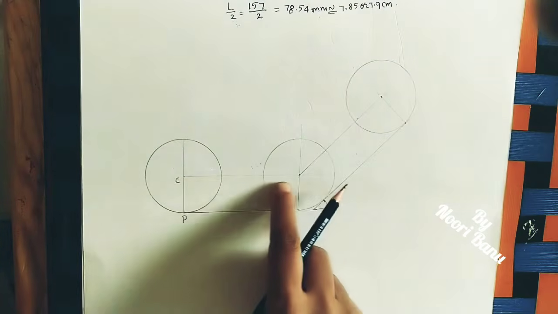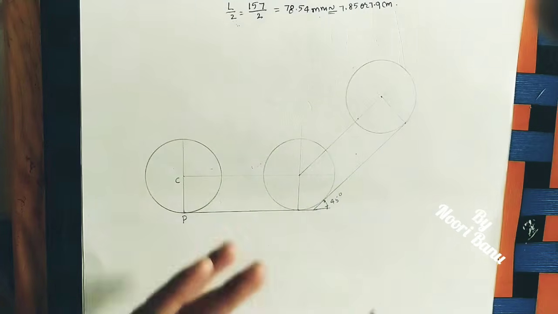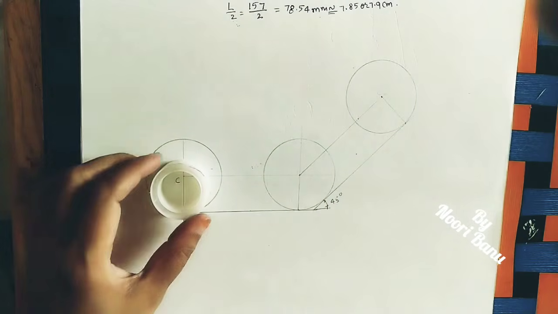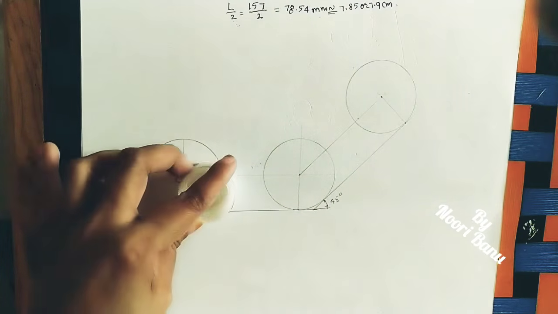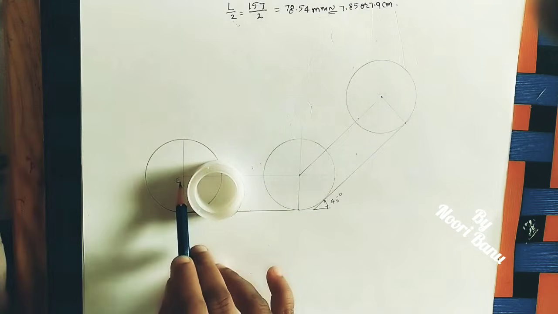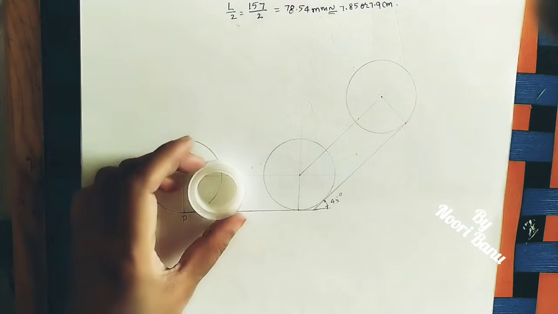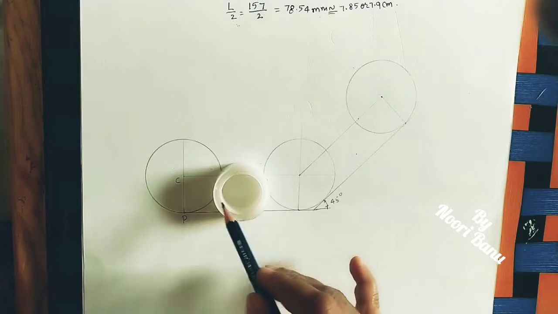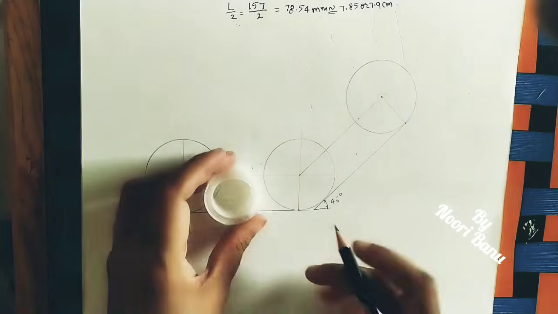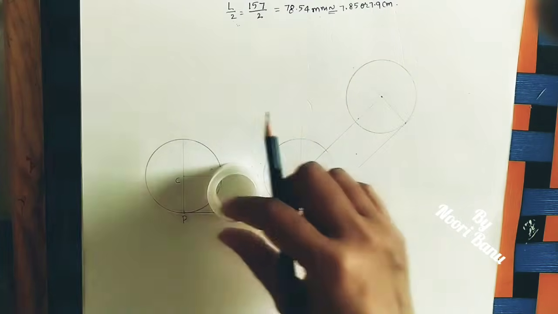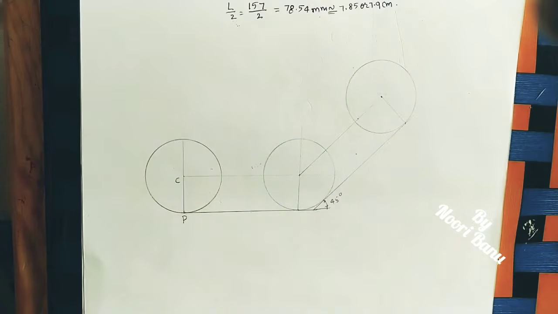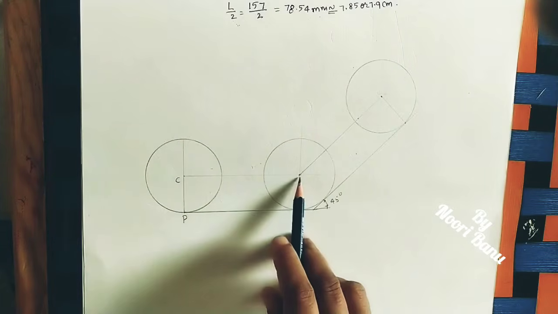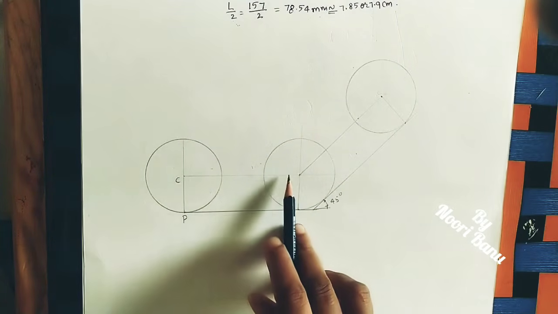Now if the circle is rolling, the centers are also changing. Let us take a smaller circle, just for showing the example. Let us take the center here. If it is rolling like this, the center comes from the previous position to this position, C1. Again it is moving, the center comes here, C2. Like that the centers are changing, but all centers are at a constant distance. So the centers come on the center line only. It is moving from this position to this position. Whatever length we are taking, I will divide this distance into 6 equal divisions.